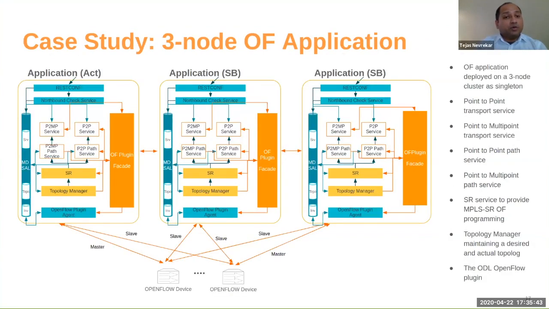This is an example of an OpenFlow plugin based application running on a 3-node cluster in OpenDaylight. This is a traffic steering application which has features like point-to-point paths and point-to-multi-point paths, and it supports management of topology, being able to program reachability using segment routing. The application instance runs as a single master on the cluster on one of the controllers, and the devices run as master on one of the OpenFlow plugin